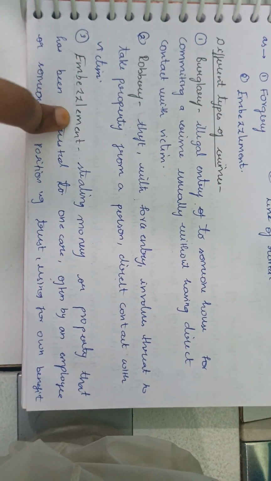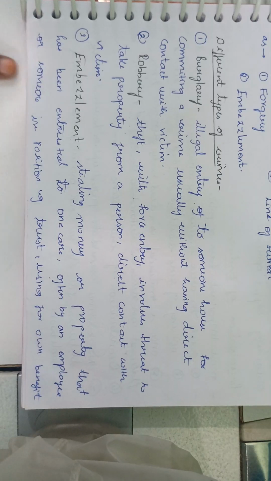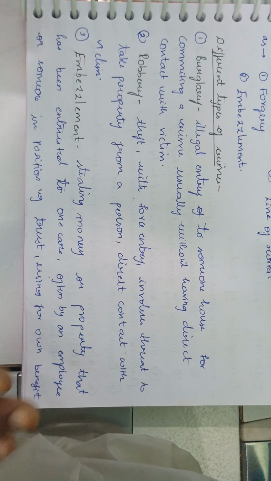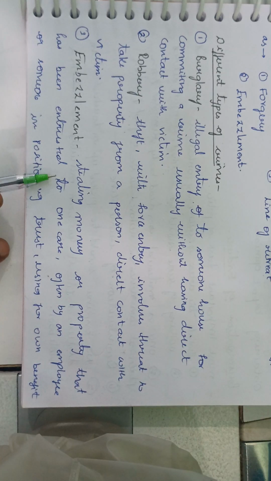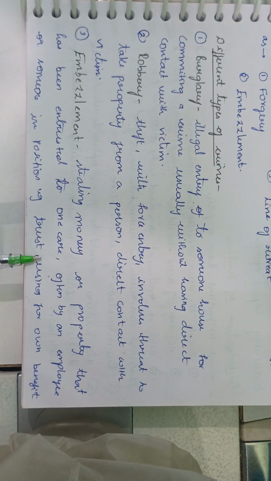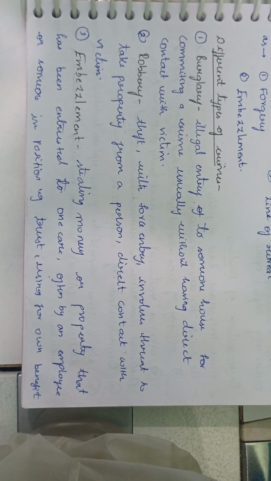Then we have embezzlement, a different name of a crime which we have to know. It means stealing money or property that has been entrusted to one's care, often by an employer or someone in a position of trust, and using it for one's own benefit. So let me explain in a simple way. Let us take an example that